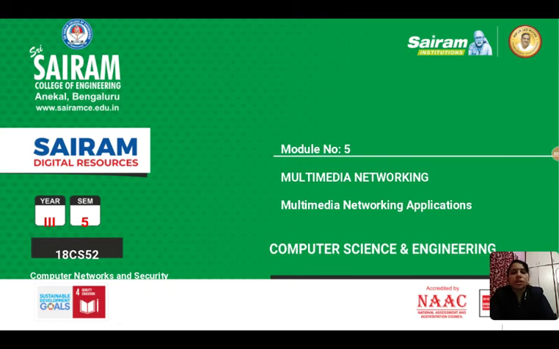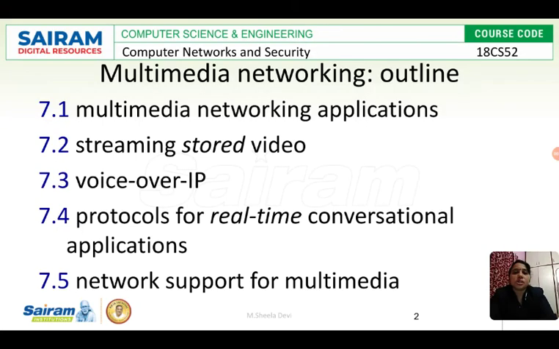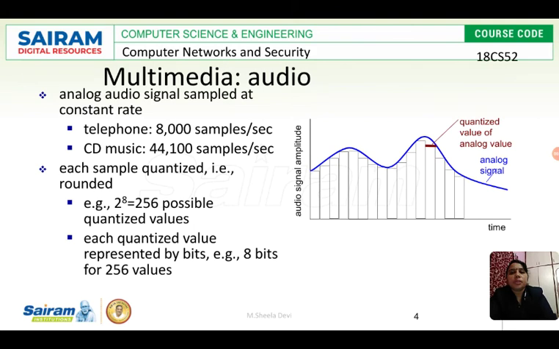Yes. The first topic under multimedia networking is multimedia networking applications. Under this, we have multimedia audio. As I said, the data can be sent in multiple formats. What are those formats?